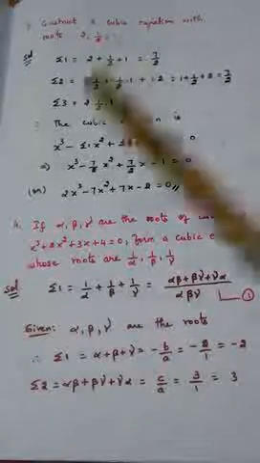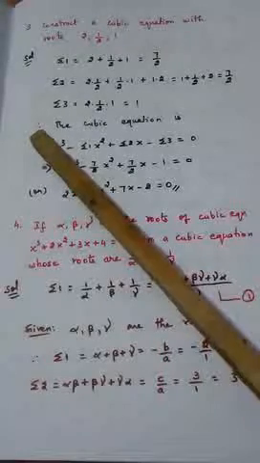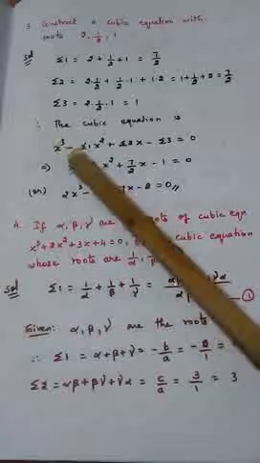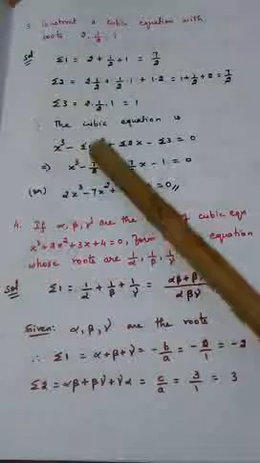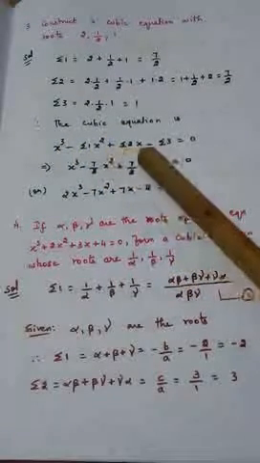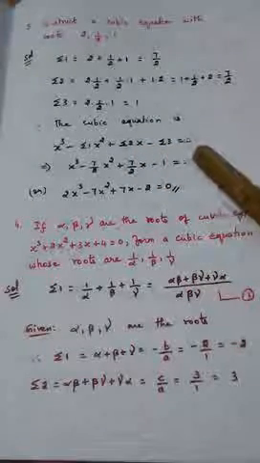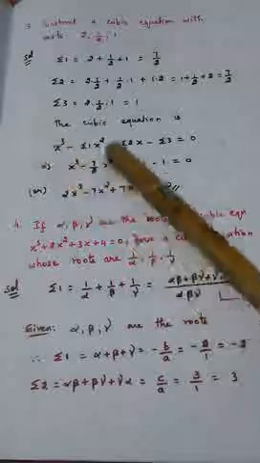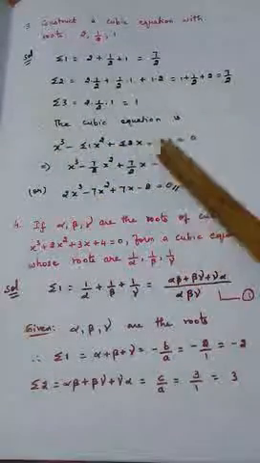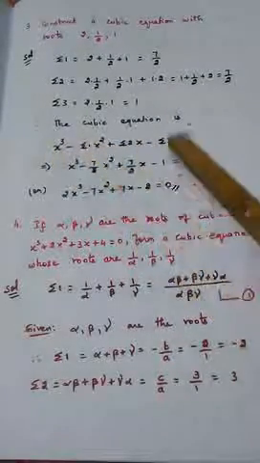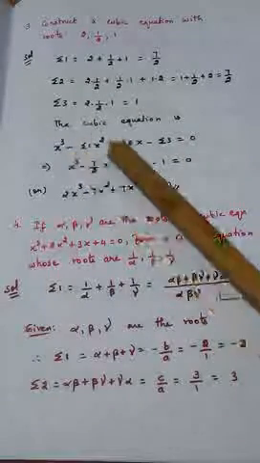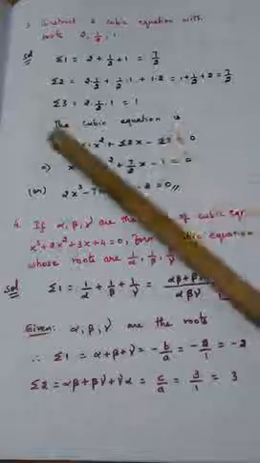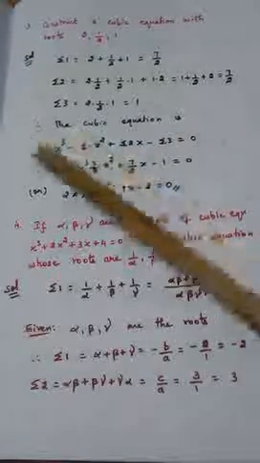Okay. Now I am going to write the formation of equation formula. The cubic equation is, it starts from x cube. x cube minus sigma 1 into x square plus sigma 2 into x minus sigma 3 is equal to 0. If you observe closely, it has alternative symbols, plus minus plus minus. x cube, x square, x, constant term, sigma 1, sigma 2, sigma 3. So this is nothing but the formula for formation of cubic equation.